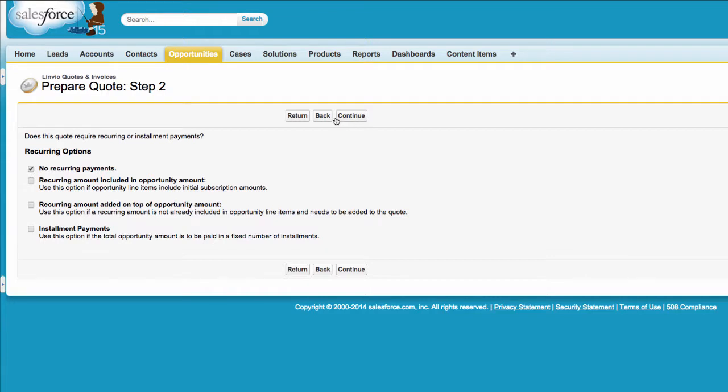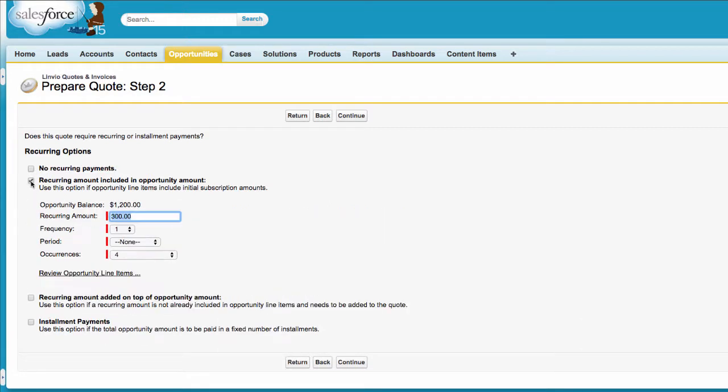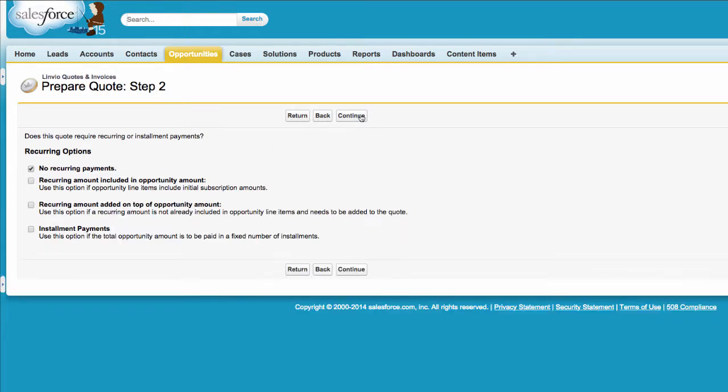In Step 2, we can configure the pricing options or the payment options. For this opportunity, we're simply going to take a one-time payment, so we'll leave the selection at no recurring payments. However, if we wanted to take installment payments, we'd have the option to set the number of payments, calculate an installment amount, and set the frequency and period, or we could configure a couple of other recurring options. One where the line items on the opportunity include your recurring fees, the other where the recurring fee is added on top of that. So setting this back to no recurring payments, let's continue to Step 3